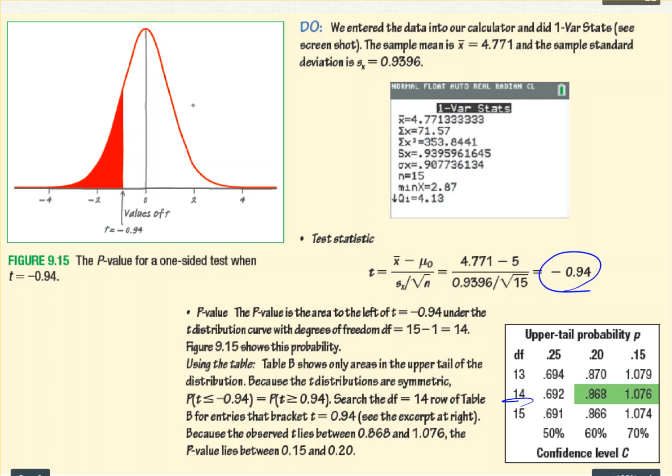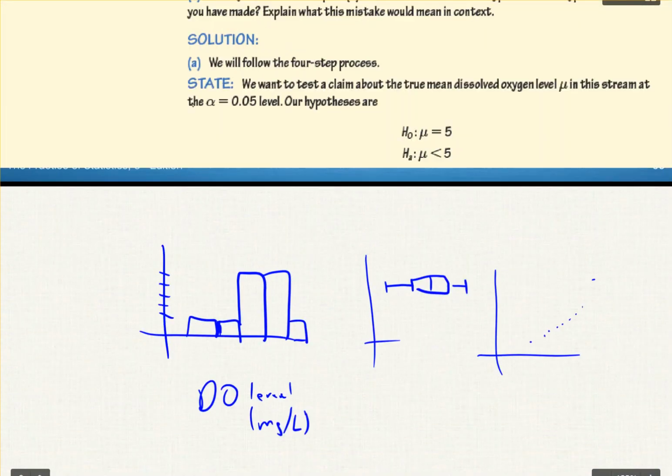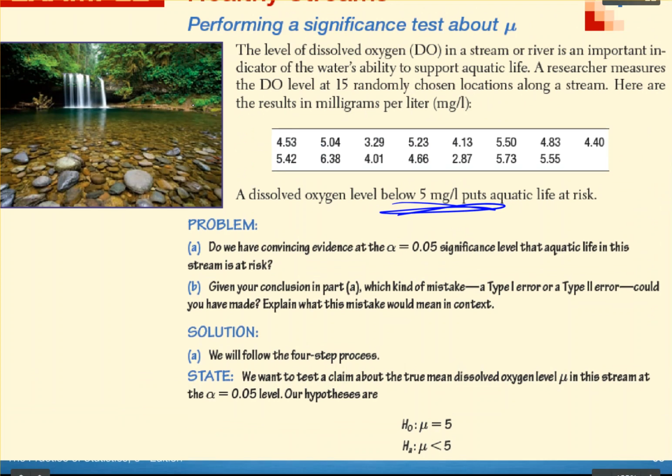So we find df equals 14, we go across till we find negative 0.94, and we see it's got to be between 0.2 and 0.15 for our p-value. So at an alpha of 0.05, if we're between 0.15 and 0.2, we would fail to reject the hypothesis. So we did not find convincing evidence that there is less than 5